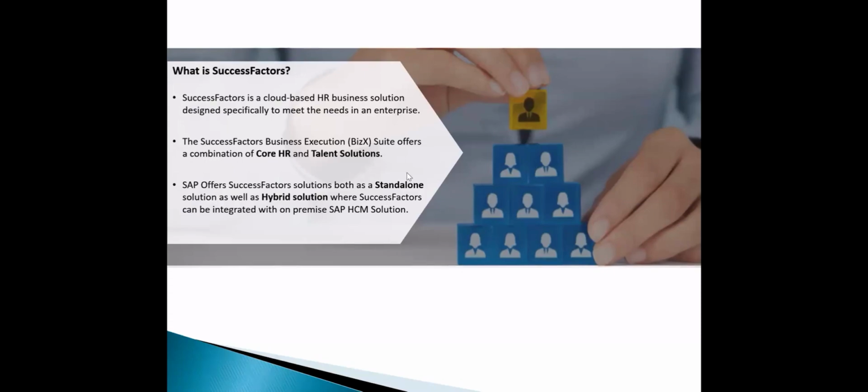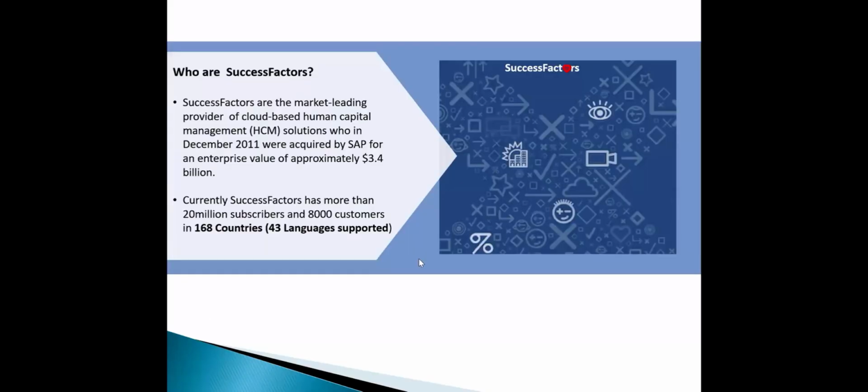Now, also to get some understanding of the background of SuccessFactors. You might be hearing about this product for the last 4 or 5 years, or maximum 10 years, from 2014 in the Indian market. But SuccessFactors started initially in the US market in 2002 itself, 22 years back. And today, SuccessFactors is supported in 168 countries across the globe, with its product supported in 43 languages. 43 global languages, in 168 countries, and that's not a small thing.